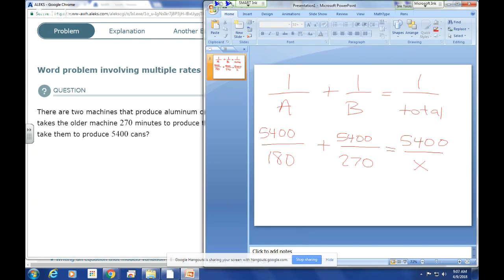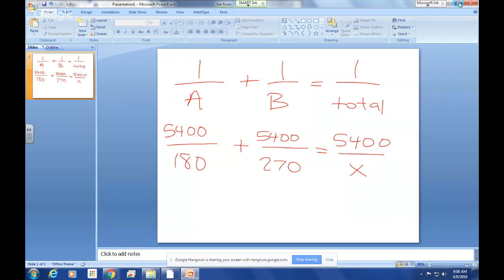Now, this is this problem. The variation that they may give you is they may say, I don't know how long it takes this one to do it, but I know this takes this long, and together it takes this long. And then this would be our x. Okay? But if I go to this screen now and I just kind of work here,